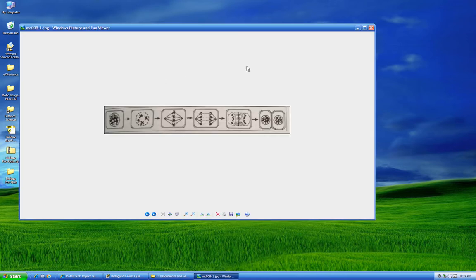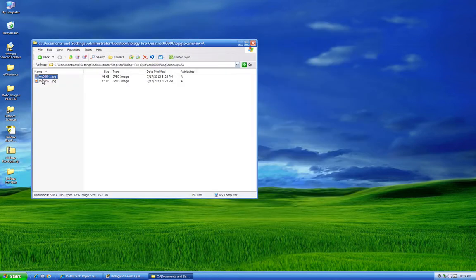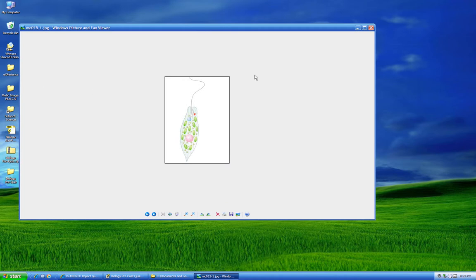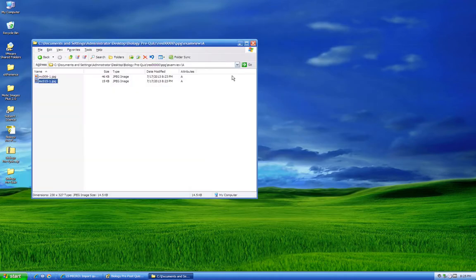This one, MC0091, isn't that descriptive? That's lovely. That's the mitosis picture. And MC0151, that's the euglena picture. Okay, so now that we understand the file, the way this organizes it, we're going to need to upload this